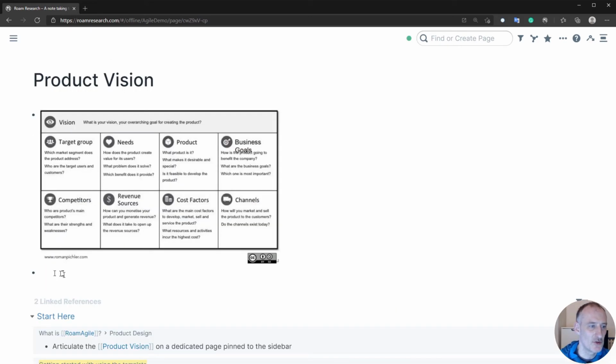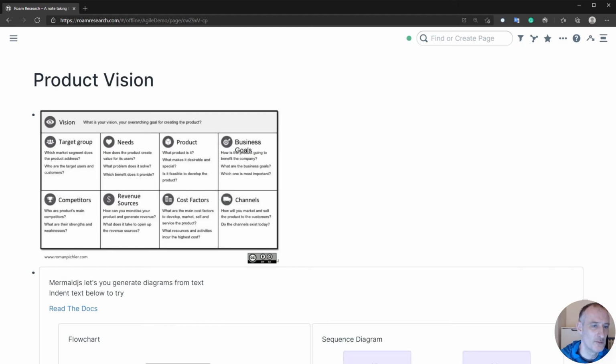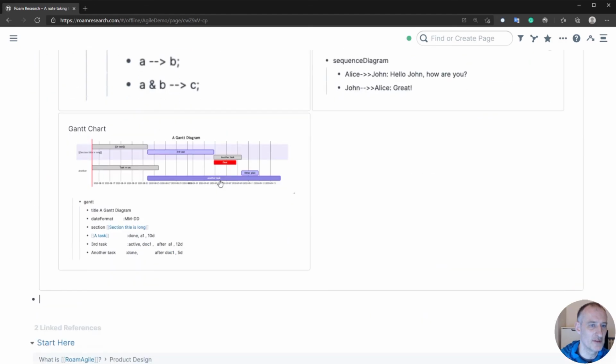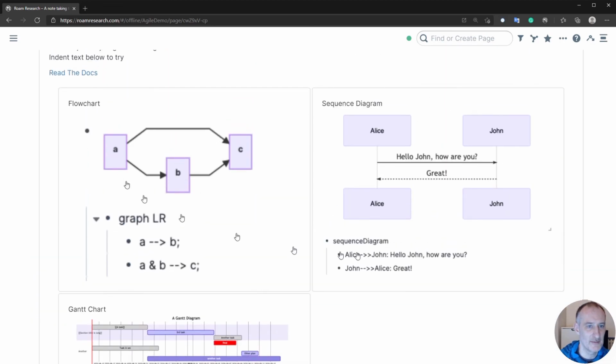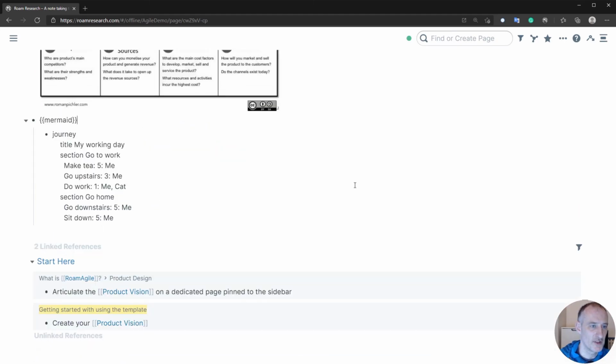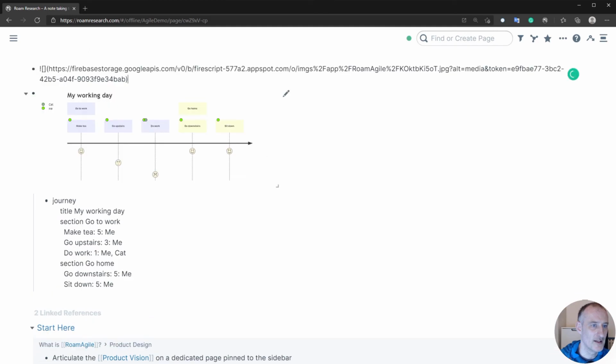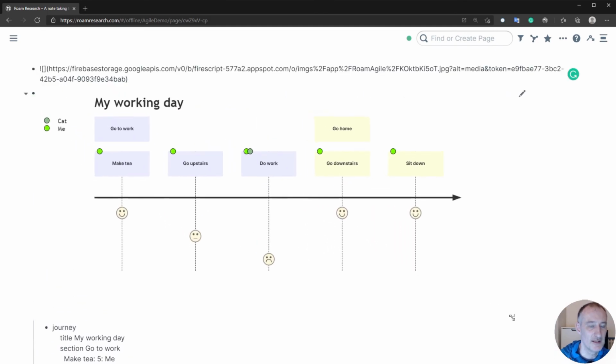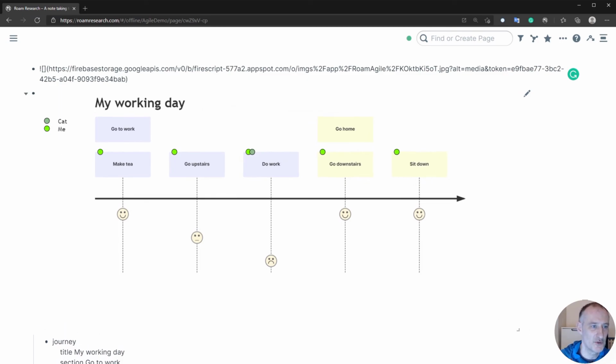And just the last point on the topic of the product vision. I just wanted to show you one cool feature that is a built-in feature into Roam, but comes quite handy. So you might be familiar with Mermaid, which is a diagramming tool in Roam. And what you can do in Mermaid is all sorts of different type of diagrams. Actually, there are more diagrams than listed here. So for example, I'm going to be adding a customer journey diagram on here. And so what you can see here is, well, this is a sample customer journey diagram from the Mermaid homepage,